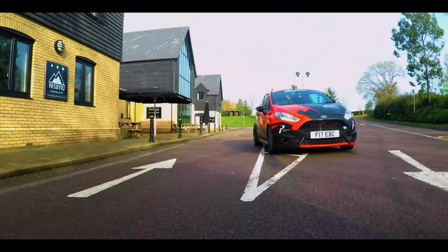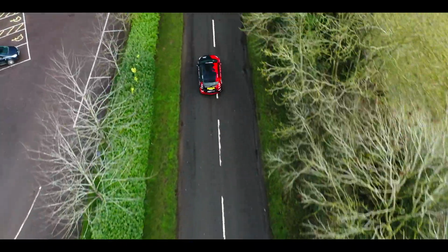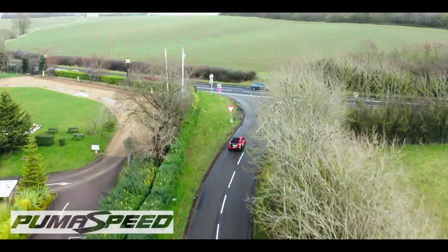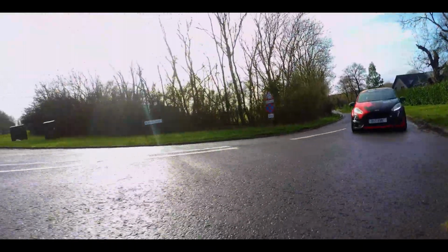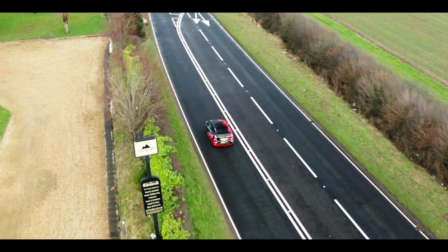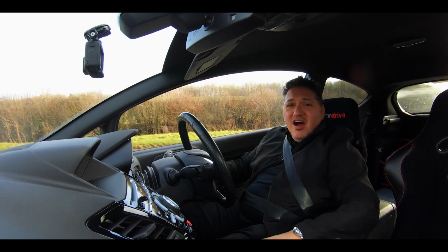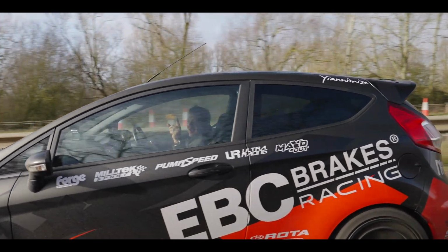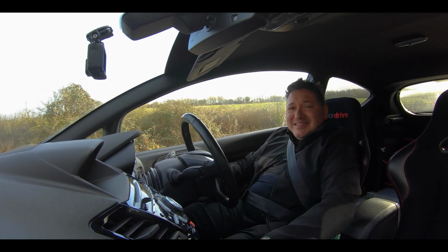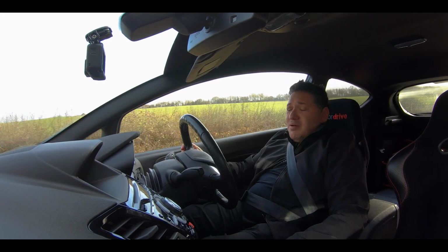Okay, so here we are leaving Vesuvio's at the Sharnbrook in the EBC Brakes Fiesta ST3. Fully maxed out stage 4 map by Puma Sport. There's so many tricks, so many additions to this car that literally, look at that list. I can't remember all that. All I can say is this car is track focused, road legal, sounds epic, handles beautifully,